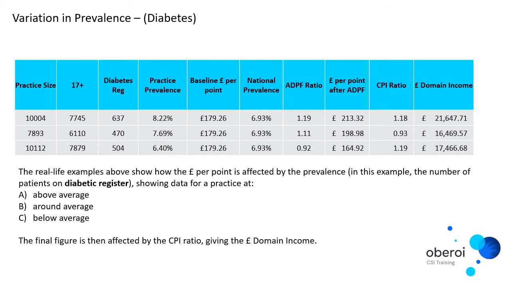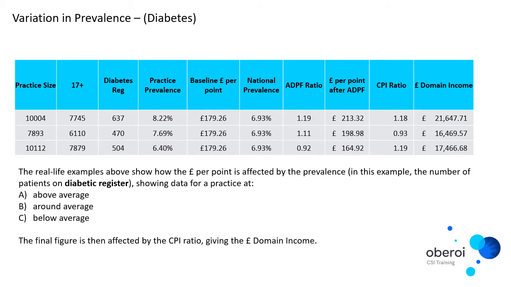£21,647. And if we look at the bottom practice, they're obviously a similar size, but they've only got 504 patients on their diabetes register out of a possible 7,879. So their practice prevalence is 6.40. Again, the baseline point is the same, the national prevalence is the same, but this practice's ADPF ratio is 0.92. So if we multiply the baseline value of the point, 179.26, by 0.92, that reduces it down to